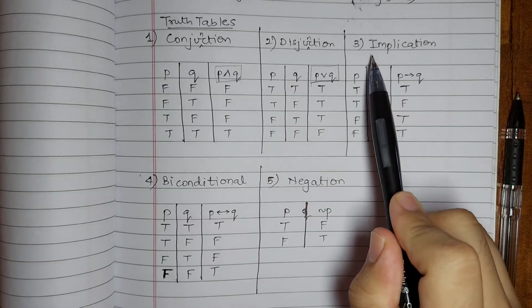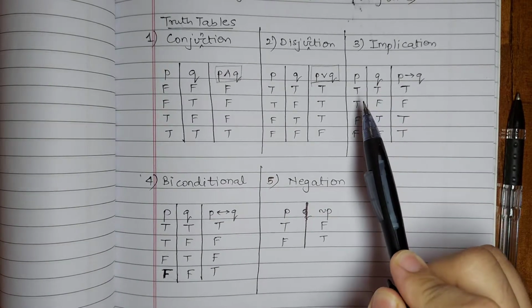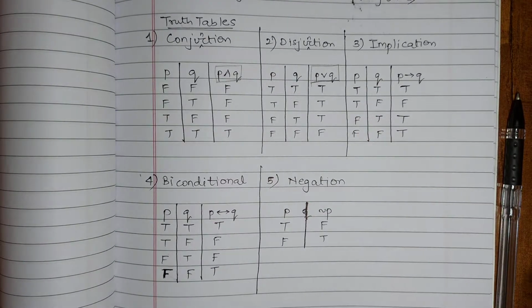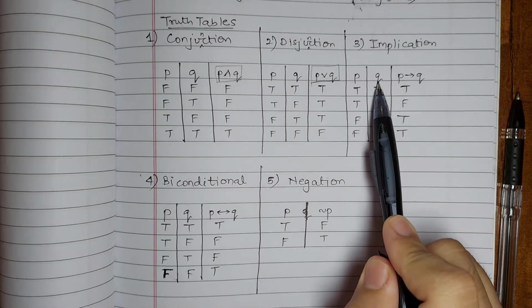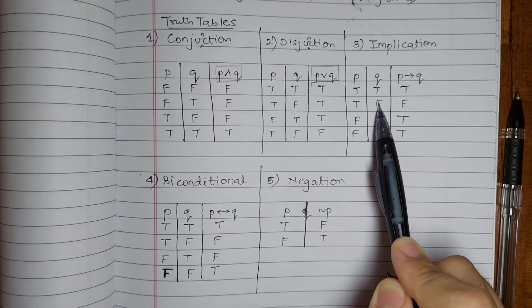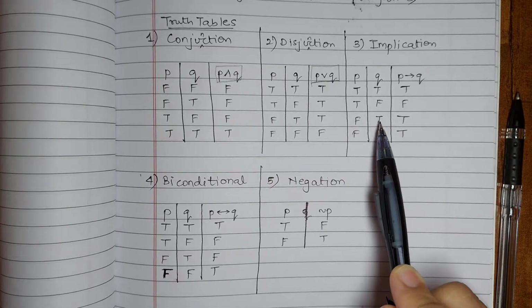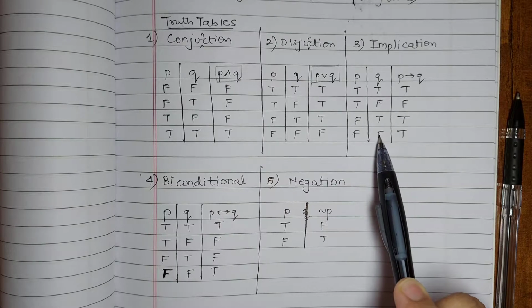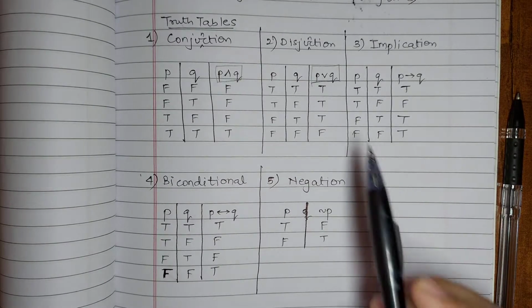So the next one is the implication function. Now here there is a small trick to remember. Like when p implies q, that is t implies t, it would give t. When t implies f, it would give f. f implies t would give us t, and f implies f would be t. Now the trick to remember this is,